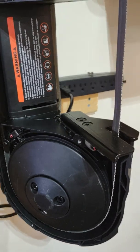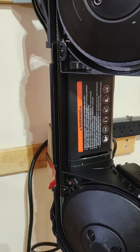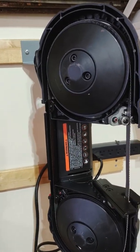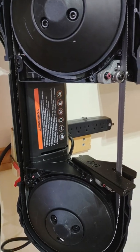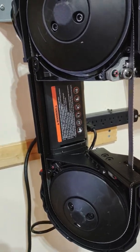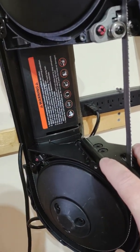But I just wanted to share that simply because there's just so much out there, so many videos here on YouTube about making a Porta Band a vertical. There's a lot of ways you can go about it. You can go ridiculously complex. You can mount it in the vise and put just a bigger table on here. Now I will be making a larger table,